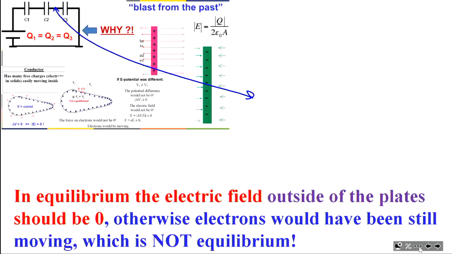So the question was, let's say we have two capacitors connected in series. We know that the same number of electrons which is leaving this plate should come to that plate. That's the law of conservation of charge. But why would this charge be having the same magnitude as the charge on the opposite plate? And now we know